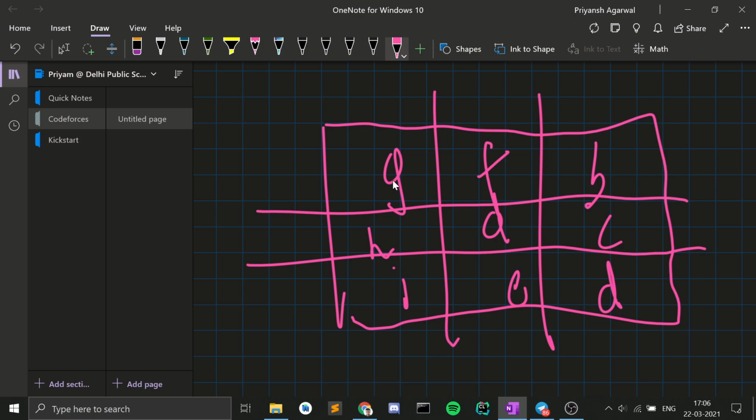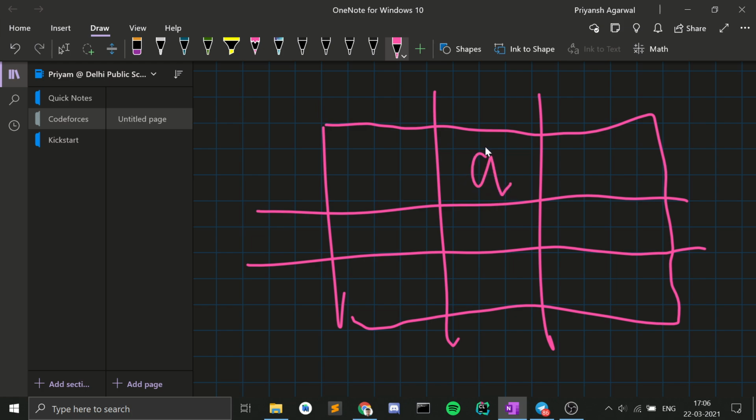So what you need to do is you can perform certain operations. And what are these operations? You can go to any cell inside this grid, and if there was a number A written on it, you can increase it by 1 and make it A plus 1. And you can do this operation any number of times that you want. But eventually what you want is that the whole grid should be in a position such that for every cell inside this grid, right?